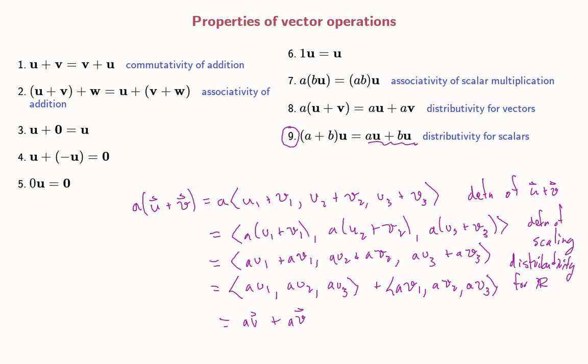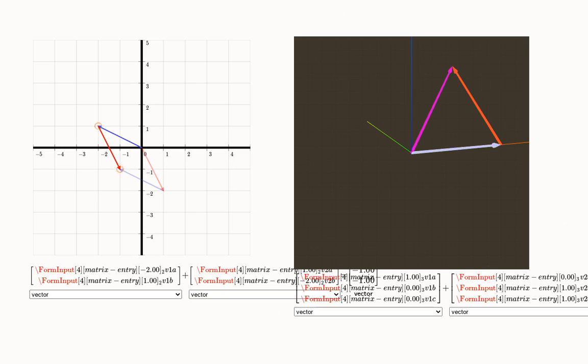So a lot of the properties of numbers continue to hold for the corresponding operations on vectors, but once we encounter the dot product and the cross product, those are operations on vectors that will behave rather differently than multiplication for numbers. So we have to watch out. So I'll leave you with just this interactive demo you can play with to visualize some of these operations.